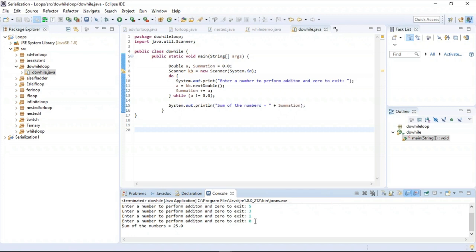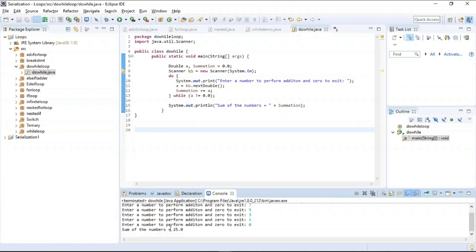As you can see, the loop has been terminated and all the numbers which were provided into the array are summed up, and the summation is provided as 25. So with this, let us look at the next type of loop, which is infinite loop. Before we continue into the infinite loop,